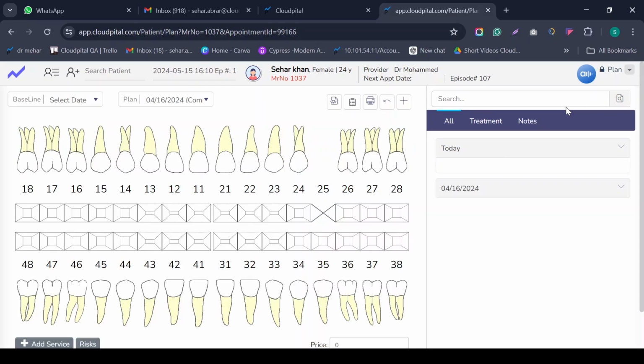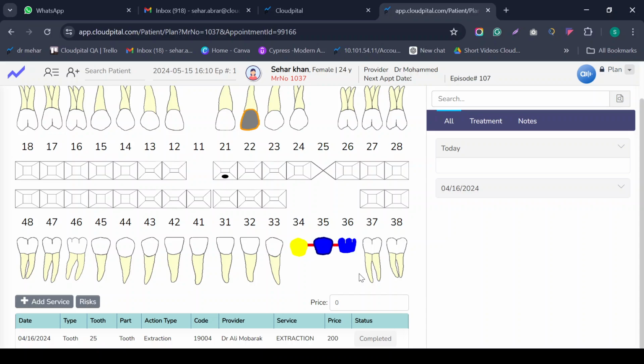So this is the plan screen. In the plan screen, we are just selecting the baseline that we recently created. In the baseline, I'm just selecting the last one, which I just showed. You can see the recently created baseline will be showing. If the doctor says I missed some of the part, I just also need to write this data in the baseline. For example, if they missed that tooth 37 was not added in the previous baseline, we can also add this data in our system as well.